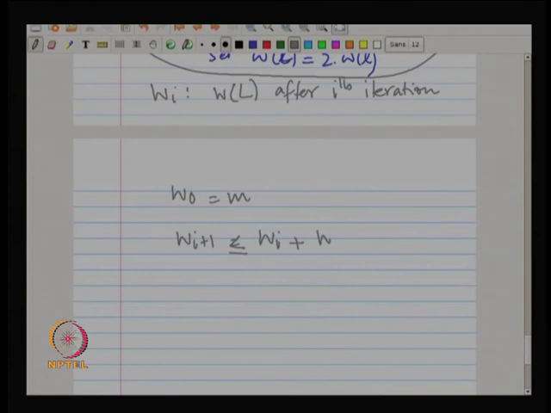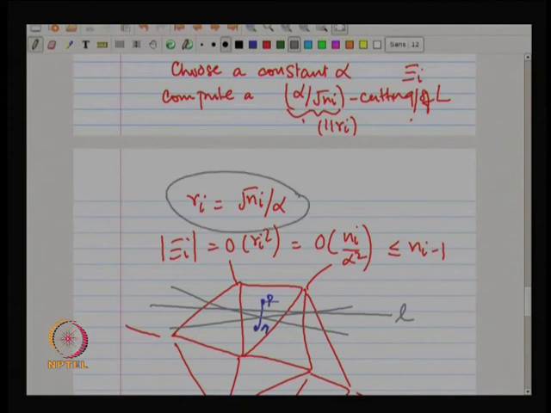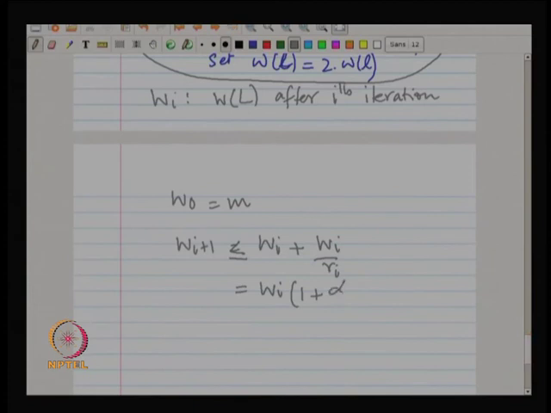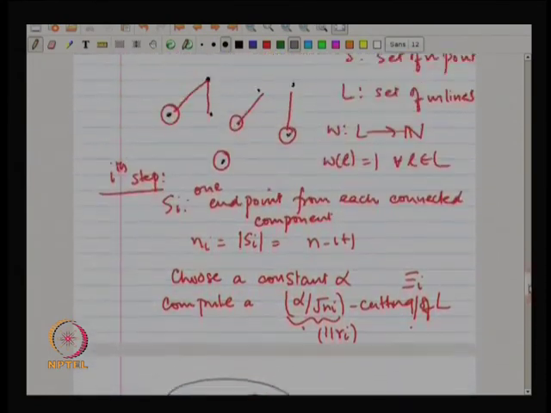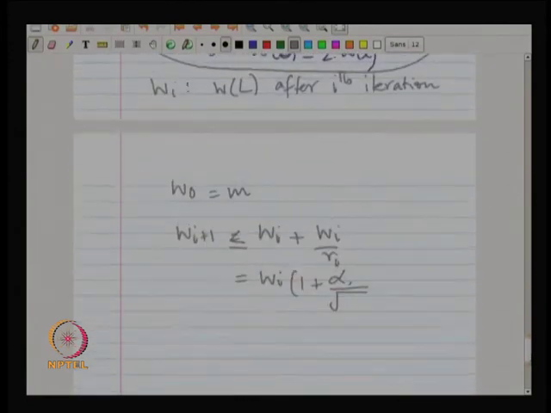And Ri was this quantity, alpha, and Ni was this quantity, n minus i plus 1. So what you get is